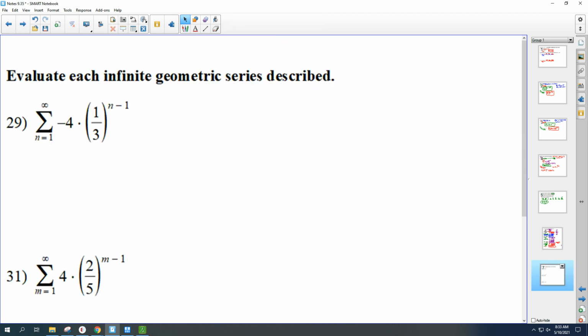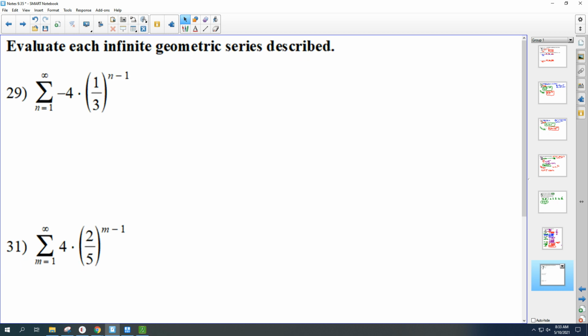Number 29 looks like it's going to be harder because you've got an infinite series. We're adding up, check it out, an infinite number of numbers. This is kind of weird, and you might think, well, that's impossible. But it's not, because we've got a formula for it, okay? The infinite geometric series